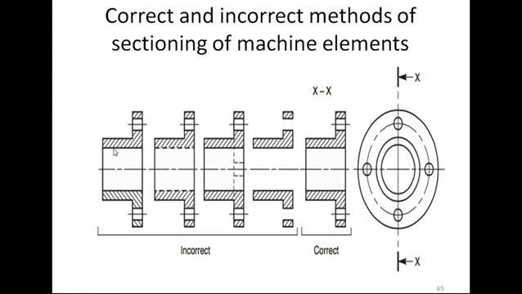When a component is single, the hatching pattern must be in one direction. It may be like this here, or maybe like this here. So the direction must be only in one line.